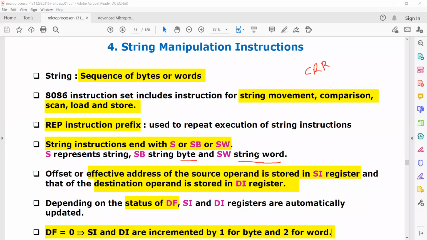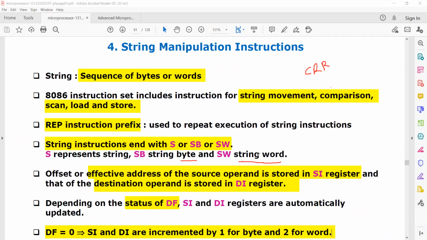The next point to be remembered is that the offset or effective address of the source operand is stored in the SI register, and that of the destination operand is stored in the DI register.